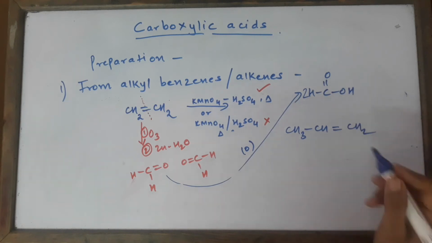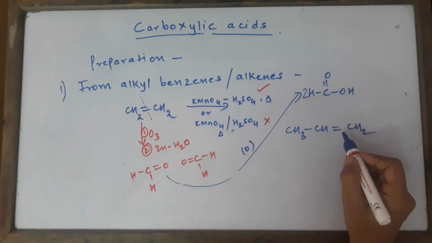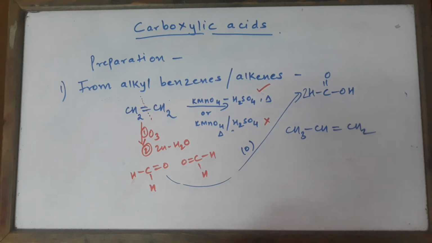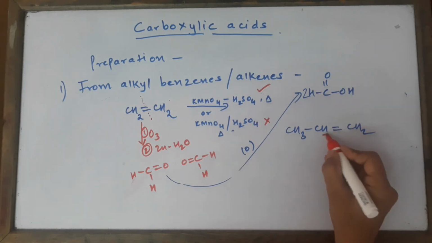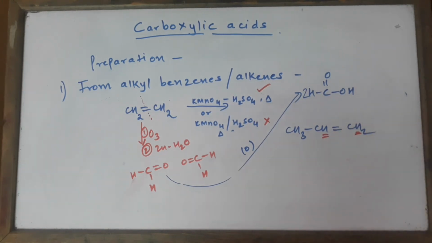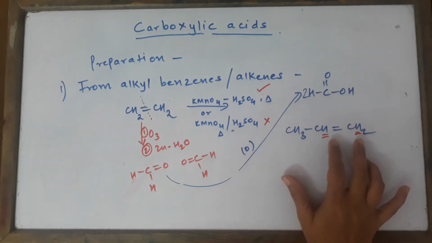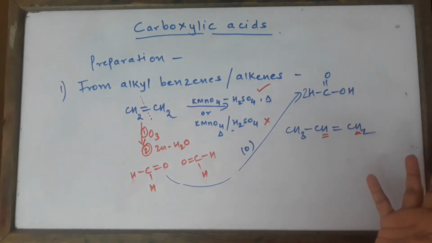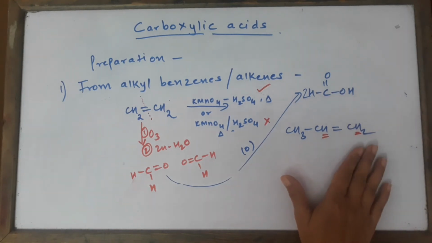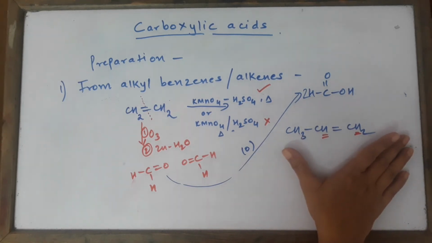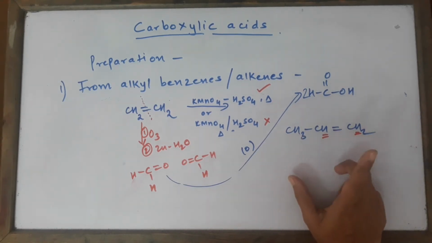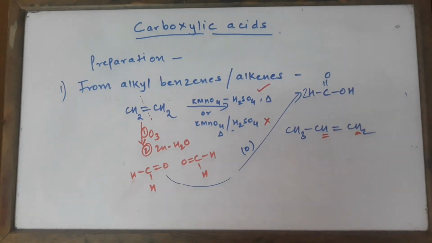Let's take this one now. In the same way we will take this one. It is different. One more thing you have to remember is that there should be at least one hydrogen atom on these alkene carbon atoms, otherwise the reaction will not take place. If you have no hydrogen atoms, the conditions will again require high temperature and drastic conditions. Right now we are not going into that. We are just focusing on simple alkenes which have at least one hydrogen atom attached to the doubly bonded carbon atoms.